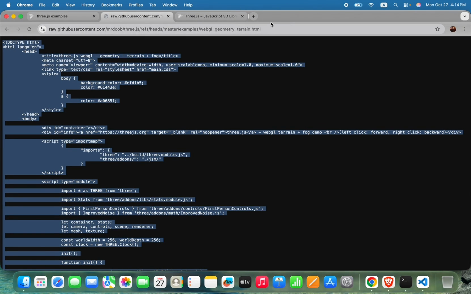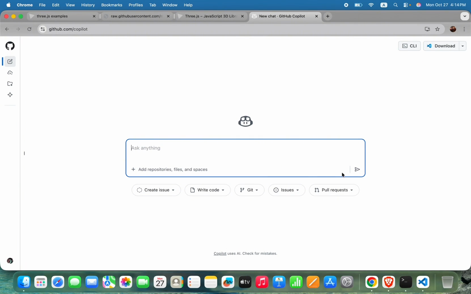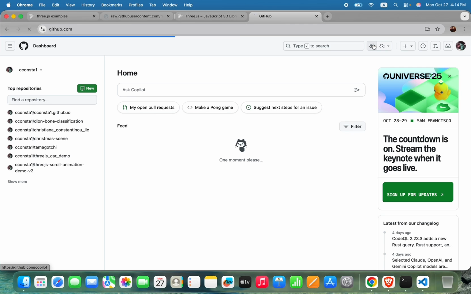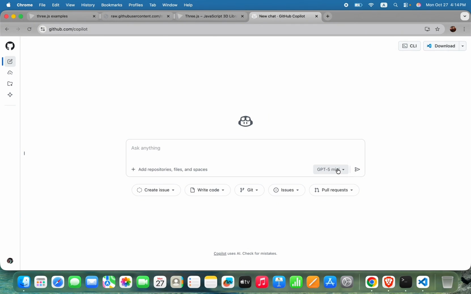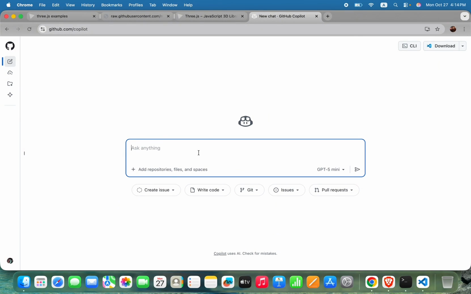And we can go to Copilot, okay? github.com/copilot, okay? So for some reason I don't see, let me see. Is everything okay? You are usually able to, okay, this is what I was looking for. So you can load the model you want from here, okay? So we will be using GPT-5 mini, and all we want to do is to ask the following: